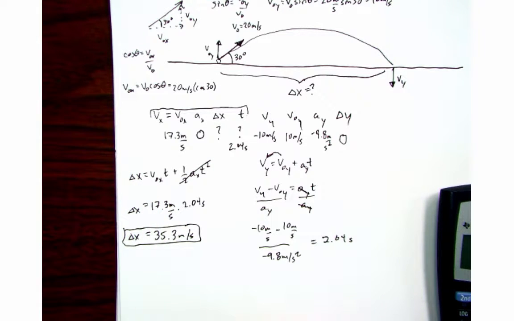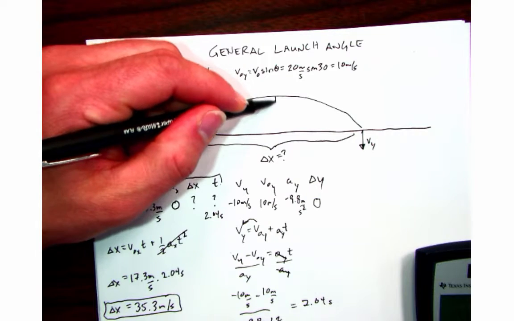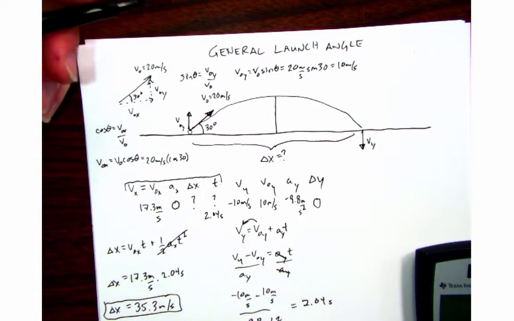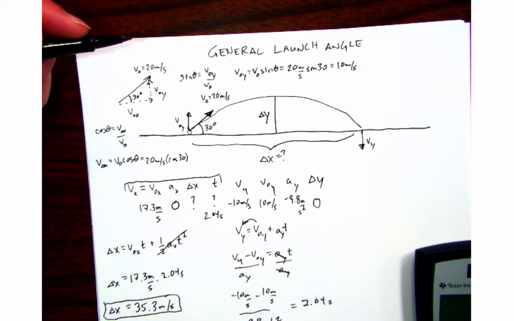So that's the range. That's how far the ball will go. Now let's ask another question. How high does the ball go? What's the highest point? So what's delta y right here? So for this problem,